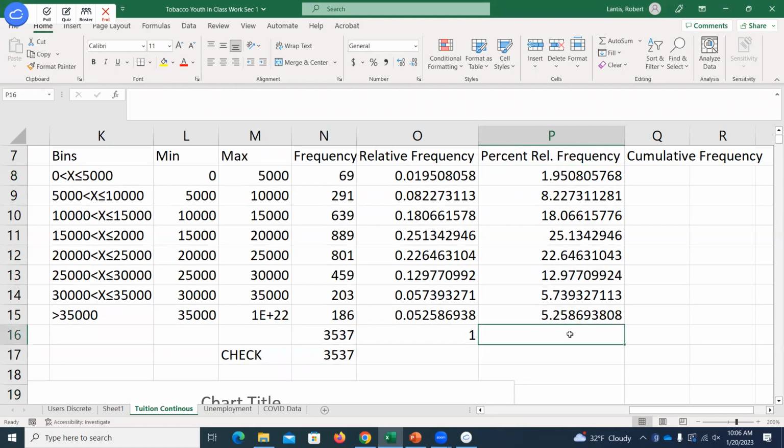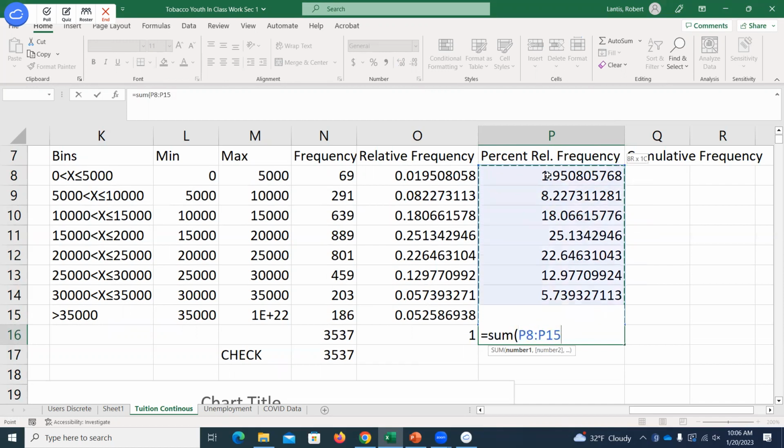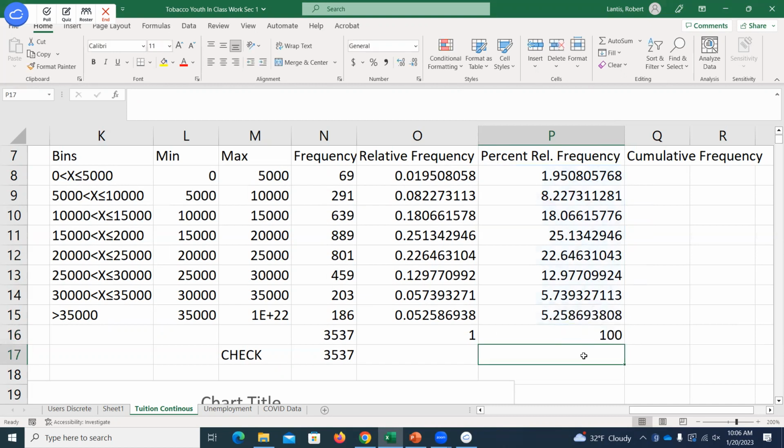Now, if I add up these percent relative frequencies using the sum function, what should they add up to? We kind of already saw it: 100%. We said the relative frequencies add up to 1 because we counted the entire proportion of the data. The proportion is 1, it's whole. We're talking about percentages, so we move the decimal 2 places. This should add up to 100% of the data having been counted. Okay. Questions on that? Shouldn't be too bad.